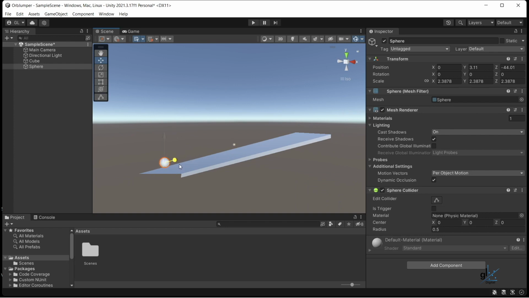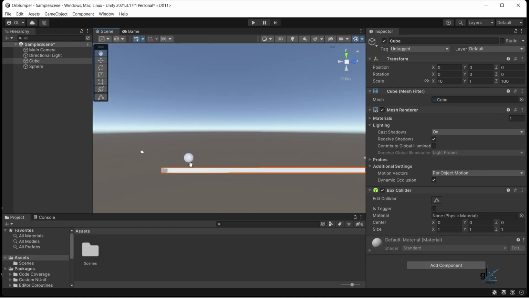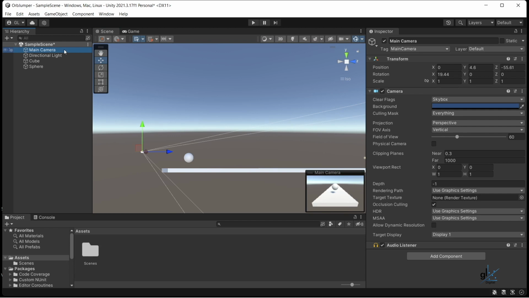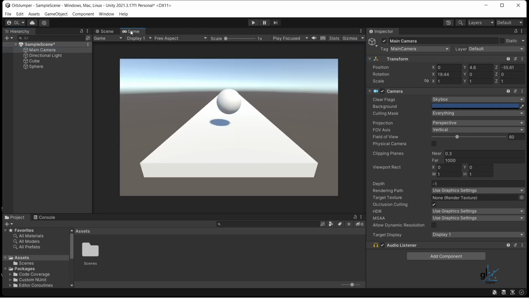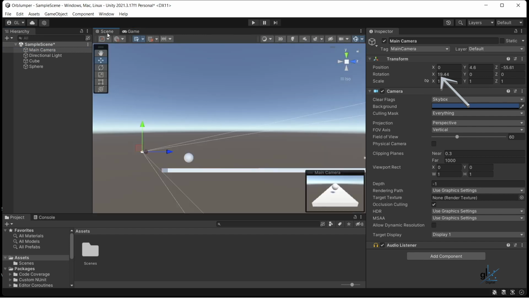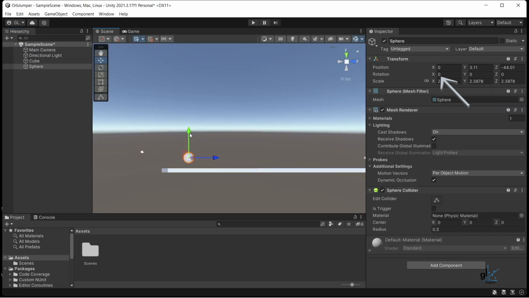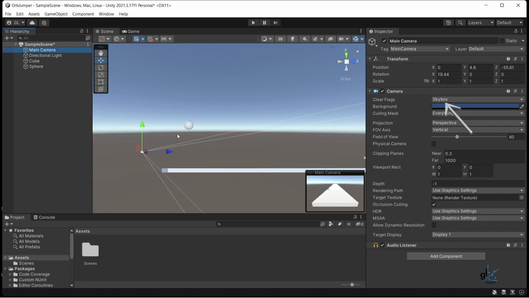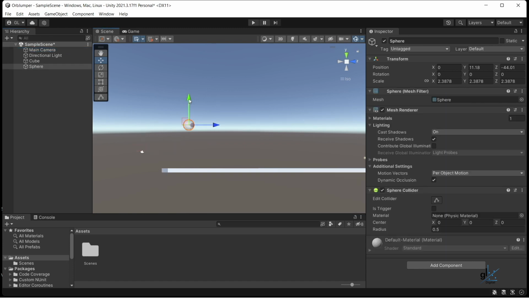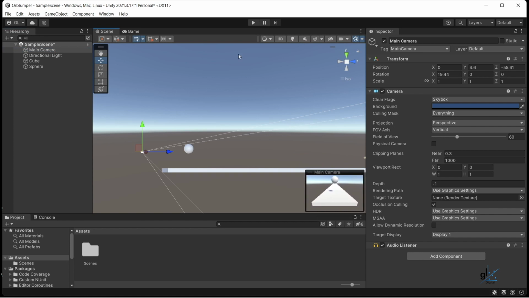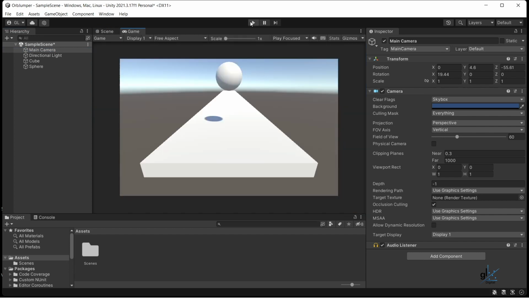ground plane, or cube. So note that you can manipulate the X value of the rotation section of the transform section so that the camera lens points downwards towards the cube and the sphere. Play around with the relevant positional settings until you are satisfied that the sphere and the cube appropriately appear in the game view. When we click the play button to play our game, you can see that the Sphere GameObject